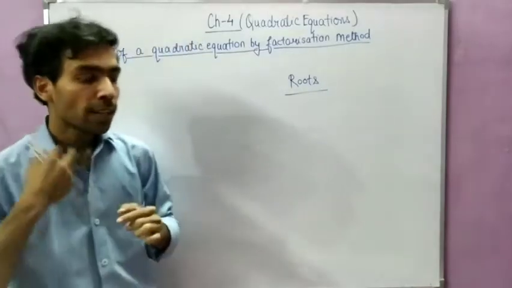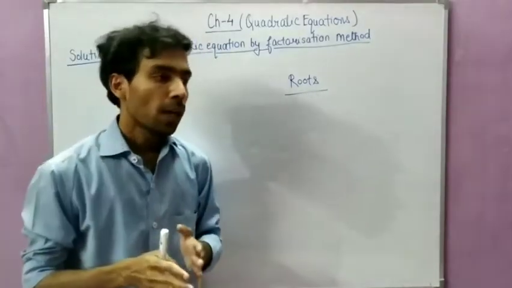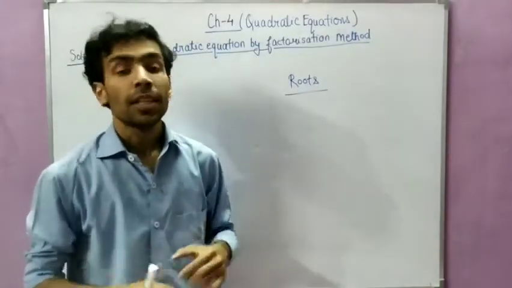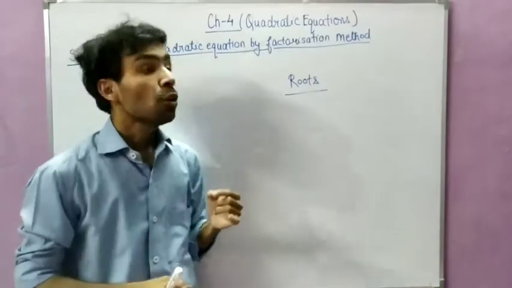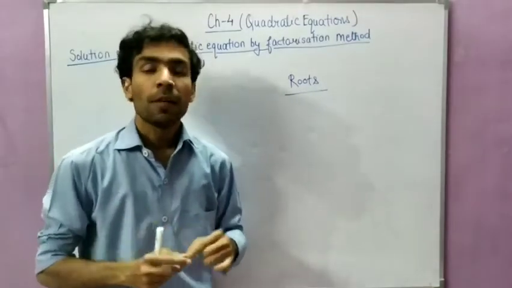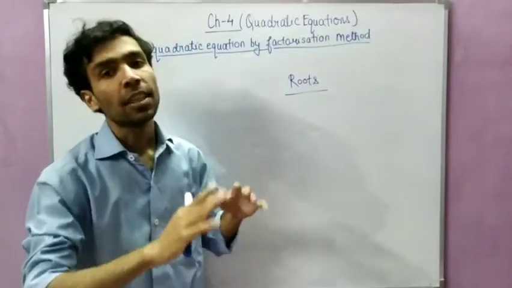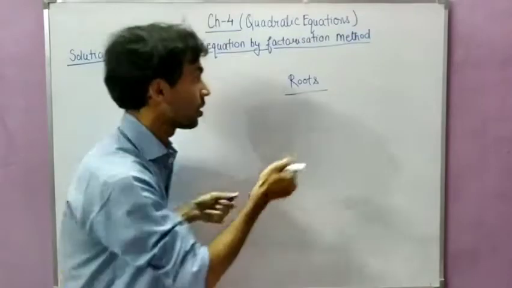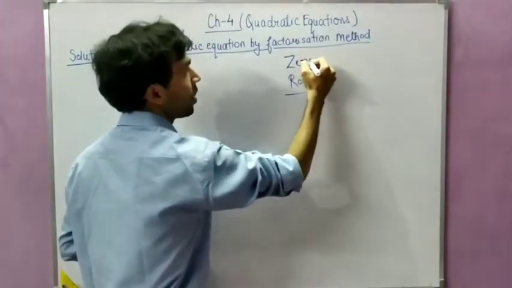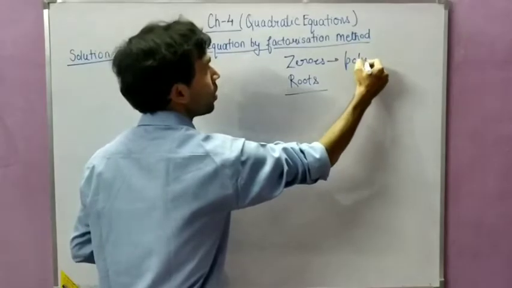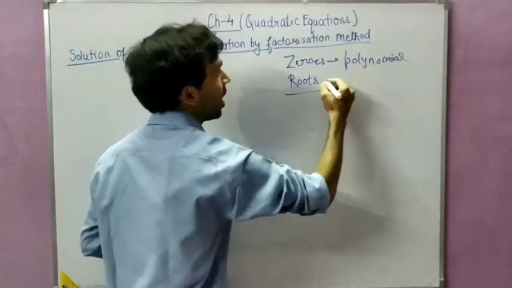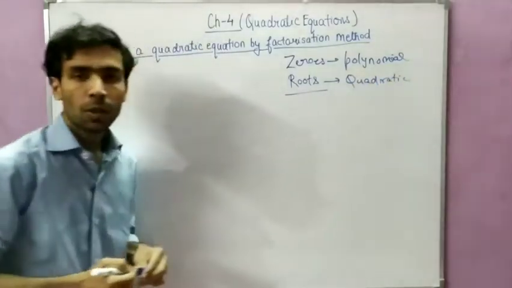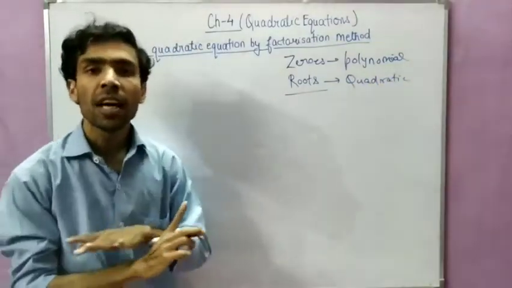Okay, and students, when you solved chapter number 2, when you had to find the zeros, what did you do? You found the value of the variable. The same you have to do in a quadratic equation also. The method is also the same, everything is the same, just the word differs. In the polynomial we use the word zeros. See, zeros were used in what? Polynomial, and roots are used in quadratic equation or in equation. Okay, so this is the difference, the remaining things are the same.